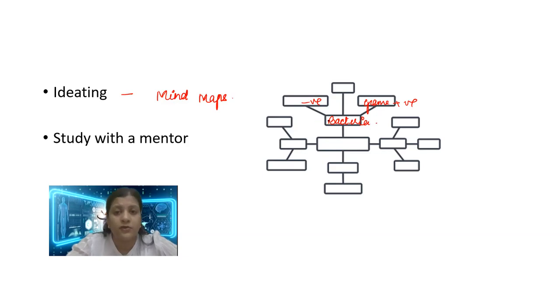Now you are supposed to think of all the conditions that are associated. Now you have studied about Klebsiella. You need to understand on pathology, what cells do you see? You see Mikulicz cells, you see Russell bodies. You have to identify what is the treatment, and you have to mind map these things.